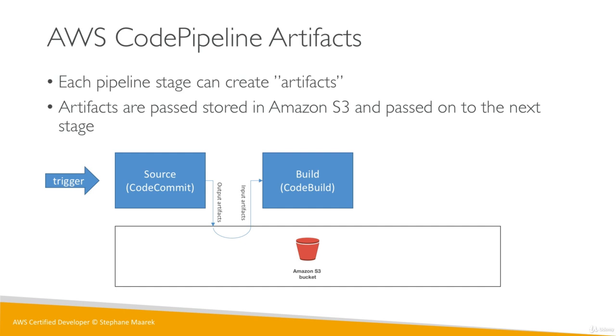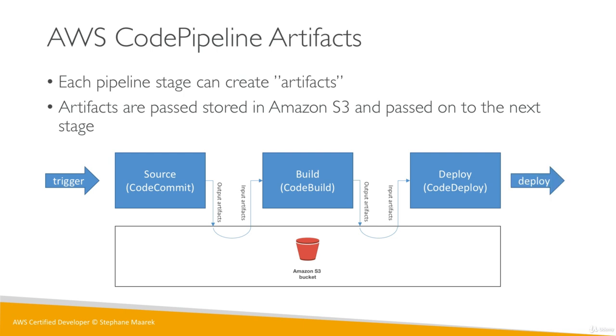So Code Build will get this artifact, so it'll get the code from the source and build it. And after building it, it may also generate artifacts. So there may be generated binaries or zip files or whatever, however you build your code really, and put this right back into the Amazon S3 bucket. And then again, this output will be piped all the way up to your deploy stage to Code Deploy. So now Code Deploy has the output of your build stage, for example the zip file or the binaries, and it's able to just deploy your files.